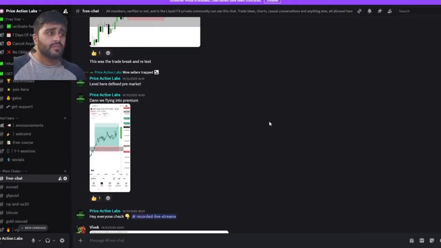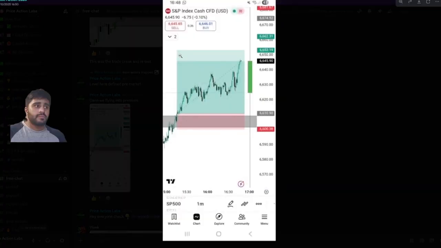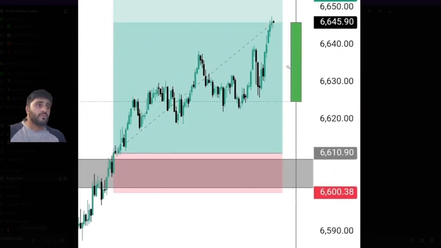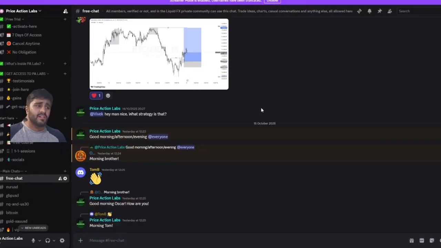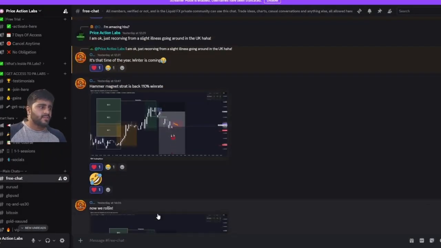Now that trade in itself was a very, very successful trade for those who took it. It rallied all the way up to, I think, 10R or something crazy like that. So that's what I wanted to go